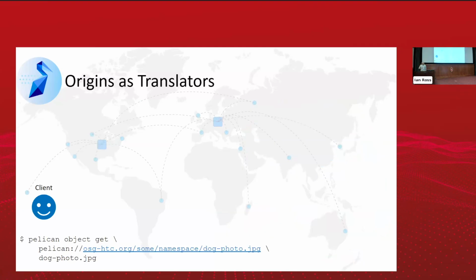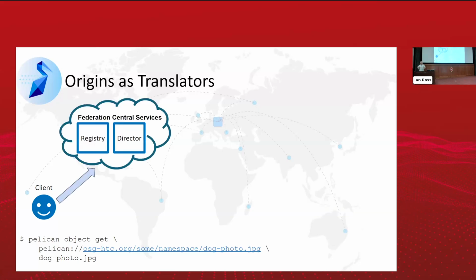For those of you who have actually used Pelican to get or put or stat or list data, you've probably worked with one of these Pelican URLs. And for those of you who drink a lot of Mountain Dew, you'll know that the beginning of this URL starts with pelican://. What is that thing? In a URL, that is how you define the protocol that that URL is meant to work with. So Pelican has defined the Pelican protocol, and that is the piece of a Pelican federation that deals with